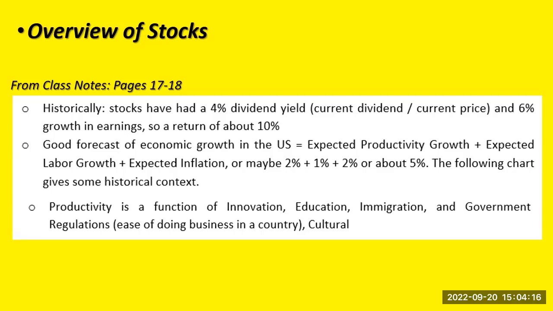Government regulations. We're going to talk about the ease of doing business, although that particular score has gone away. There are cultural issues going on. There's all kinds of things. So we'll talk about that more when we talk about US versus non-US. We're trying to figure out where in the world you're going to get the best productivity, because that's where you have the best economic growth. That's where you have the best stock market. So that's going to be important. This is an extremely important concept for you to be thinking about. If I were voting, this is the kind of thing I'd be thinking about. Who are those politicians that understand this?